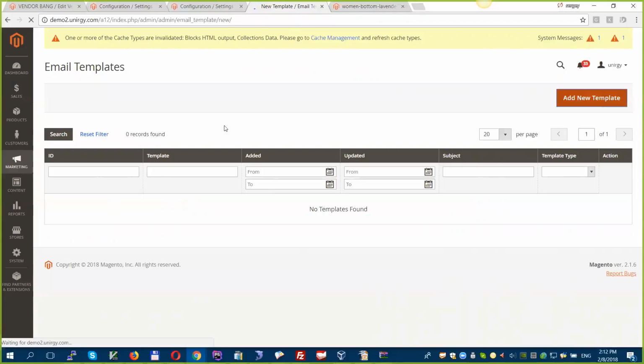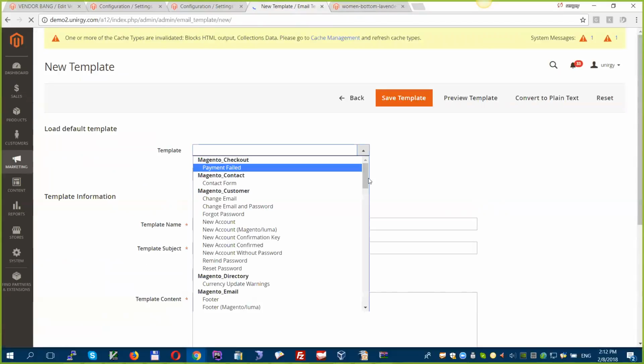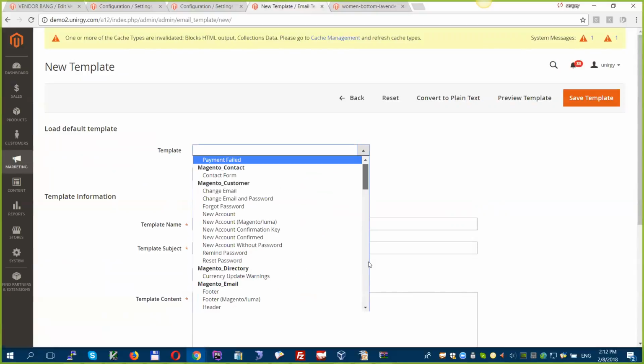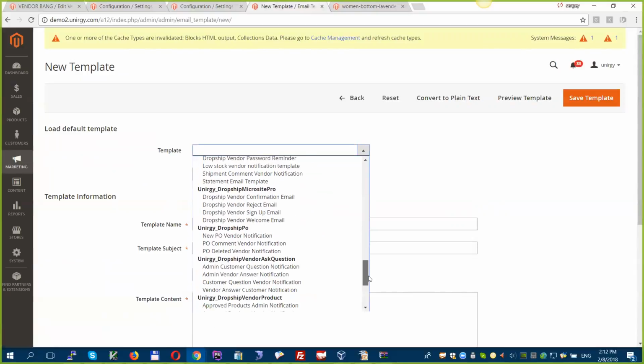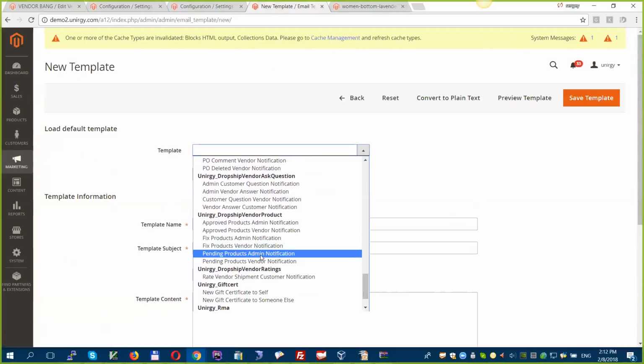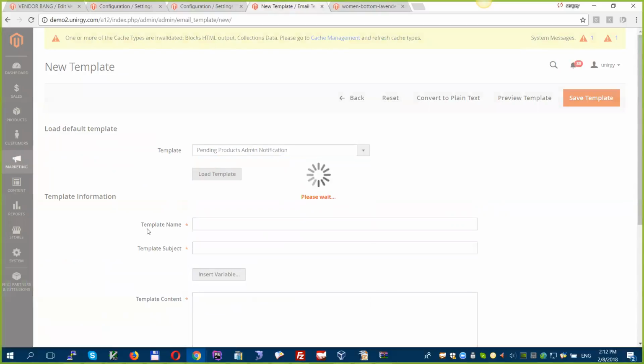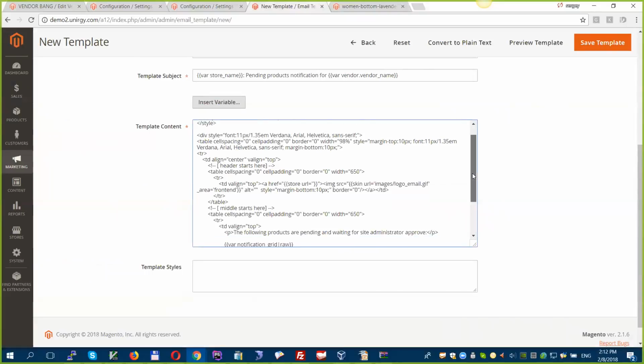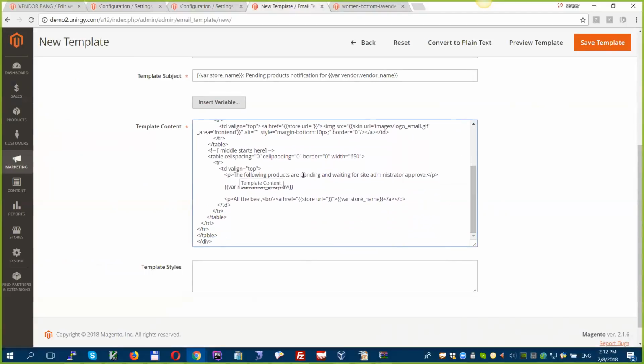Email template will look like this. I will try to find it. Yeah, but the email template could look in any way that the client wants. There are certain email templates. So this will simply list this text: following products are pending, waiting for administrator to approve. And this will put here an HTML grid that will list the product and SKU and what was modified, attributes or image uploaded or